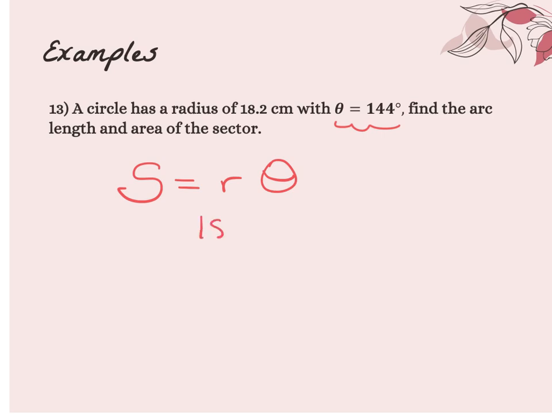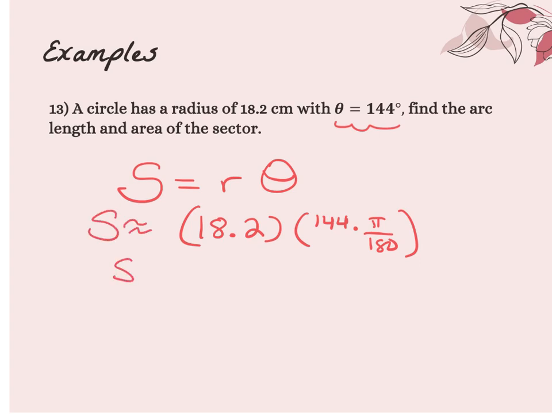So again, my radius given to me was 18.2. Theta was 144. And I'm going to do the conversion here. I'm going to multiply it by pi over 180. And again, this will be an approximation. So my arc length is approximately equal to